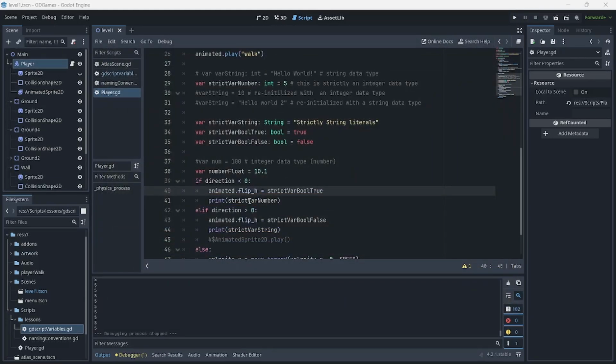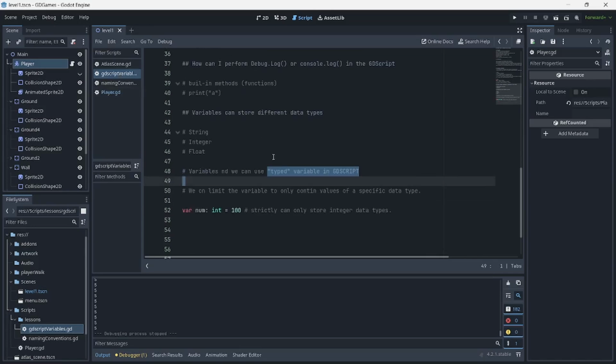So that means this is a strict number. Okay, so we can see here, I hope, that variables can be typed in JavaScript.